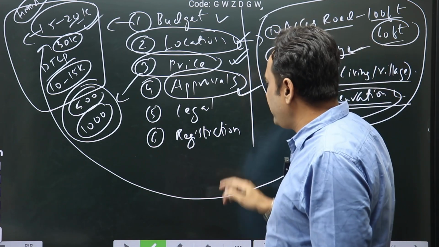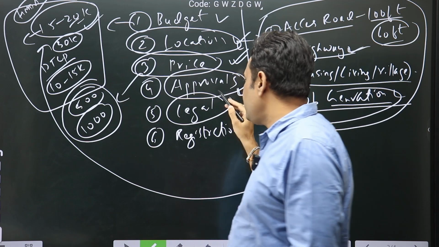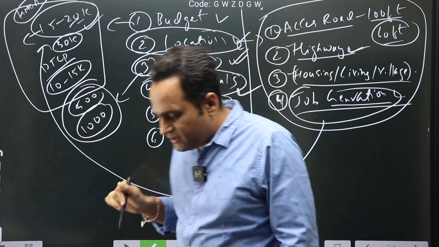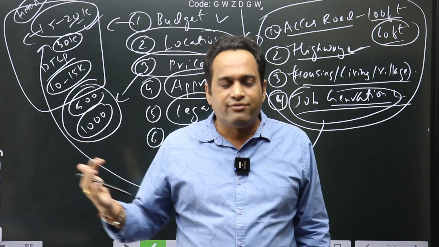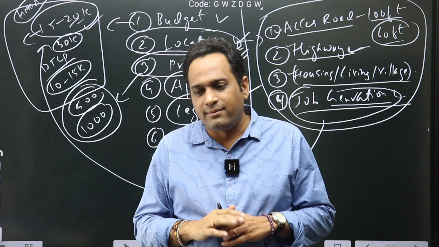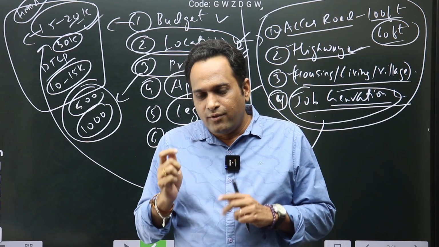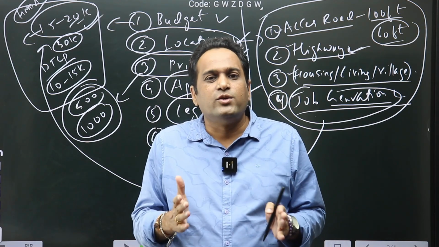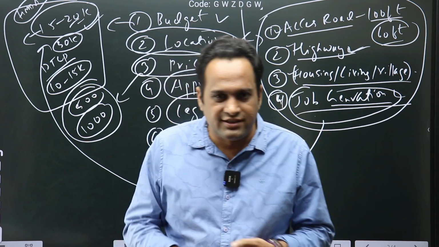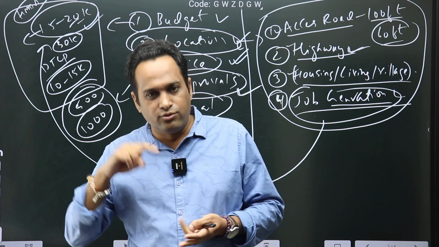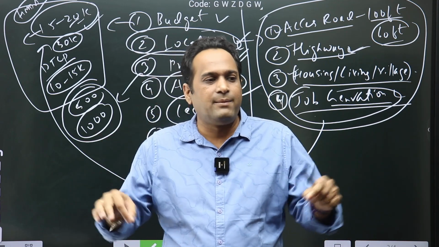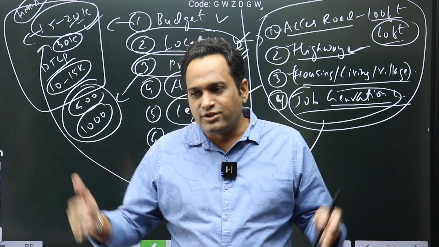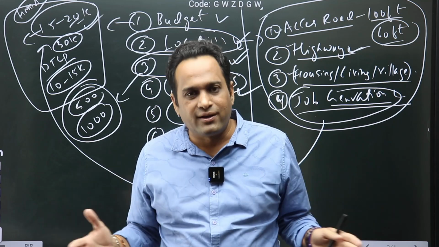Now when approval is also fine, then go for legal checks. See, basically one more point you have to understand here is generally people say HMDA RERA వస్తే సేఫ్, DTCP RERA వస్తే సేఫ్. ఎందుకు అలా అంటారంటే బేసికలీ యూ టు అండర్స్టాండ్ దిస్. When you buy an agricultural land and start doing work there, what is the meaning of work? You put a JCB there, tractor there, you lay a road there, you do a sewer system there. So when you do so much of work, if there's a legal problem there, people will stop the work. The farmers will come, they'll stop the work. They won't allow you to work.